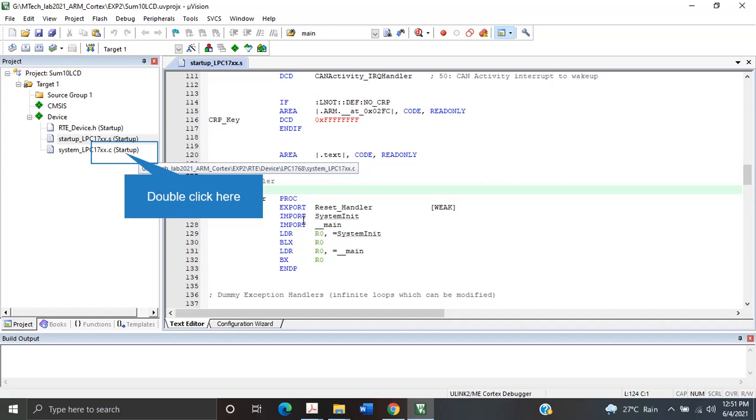What has happened automatically is that whenever I included a device startup code, since we are not coding for any real-time applications or real-time OS, that part is not taking place. Otherwise we would have to modify it so the reset handler goes to the real-time application. Once you have called an OS, it's the job of the OS to take care of things. Right now we are not going to OS kind of architectures, so only startup.s is there, and the system initialization is normally written in C.